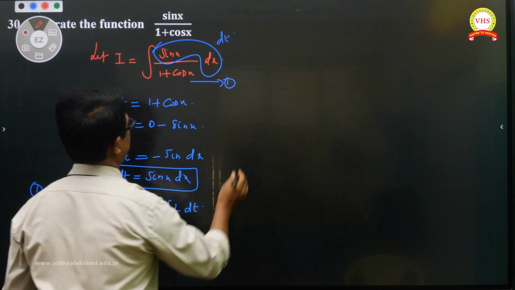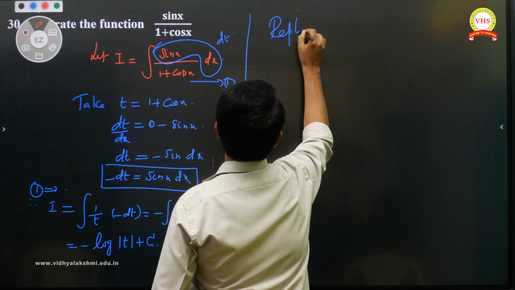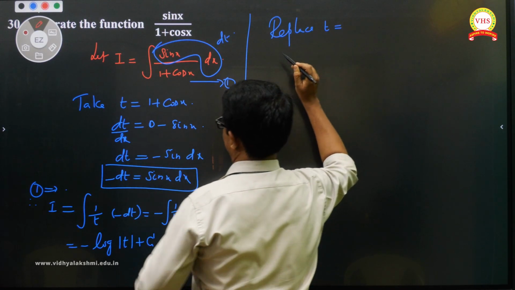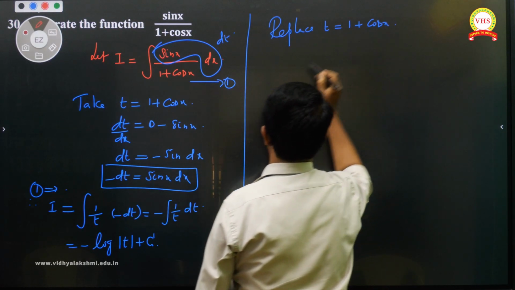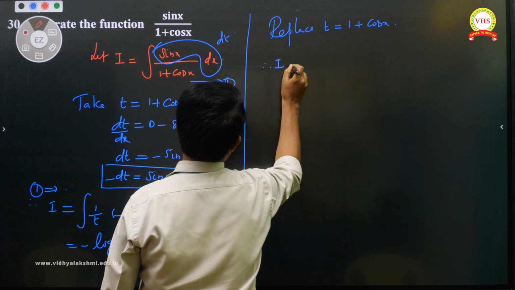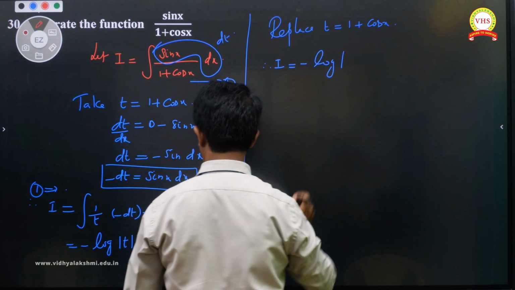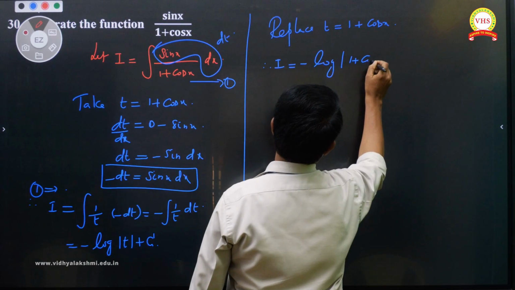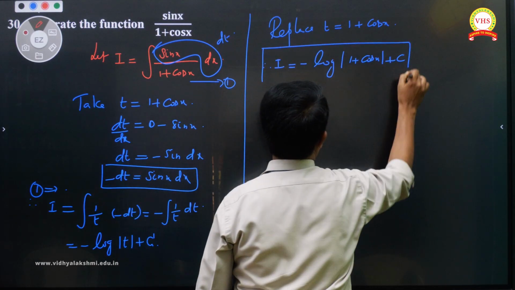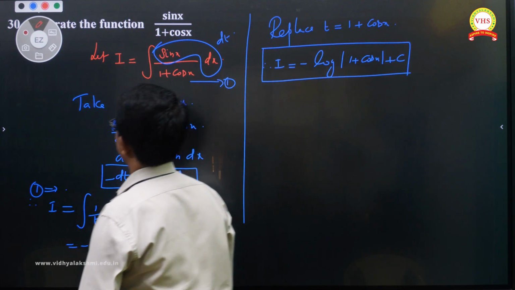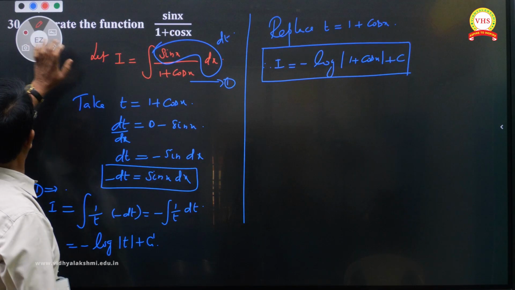Then finally, what is our final answer? Replace t as, what is t we are considering here? 1 plus cos x, isn't it? Now finally, I equal to minus log of 1 plus cos x plus c. That's it. This is the integral value of the given function. Question number 30 is done. Now we are moving on to question number